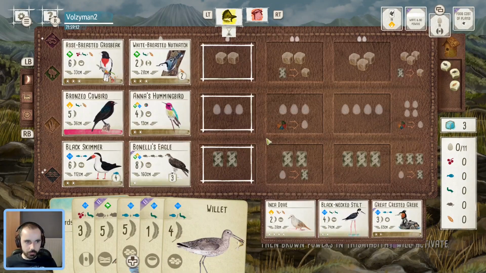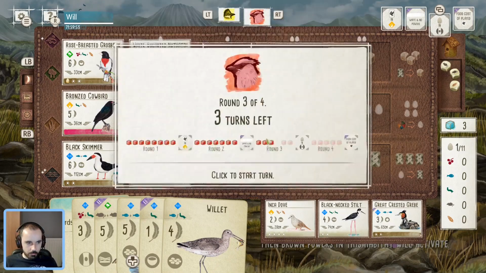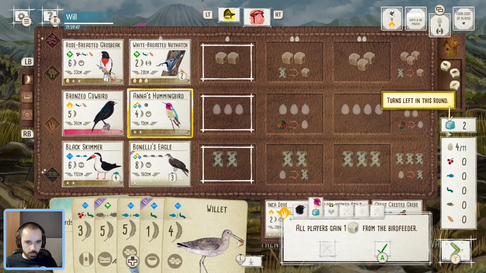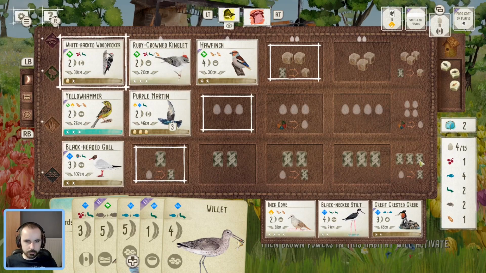Yeah, points on the board. Points are what you want. Kind of goes without saying. But yeah, 3 turns left to think. There we go. Free egg. Don't mind that. I think we lay eggs. We definitely want to get eggs down on this nuthatch. Or actually, do we... Because the food's not there. I think...